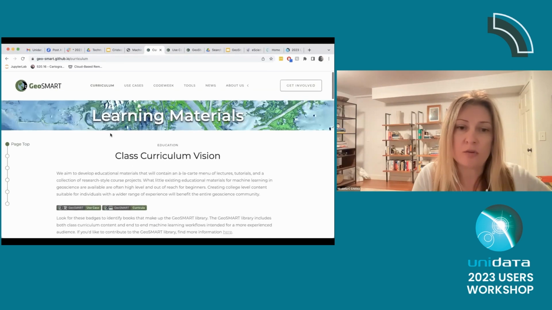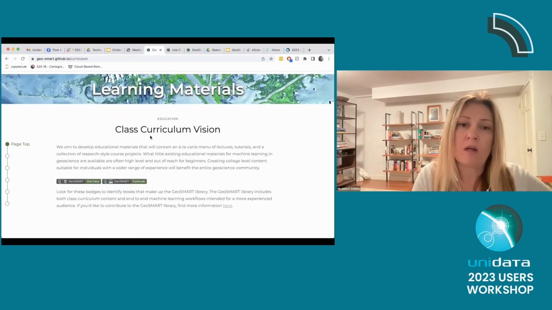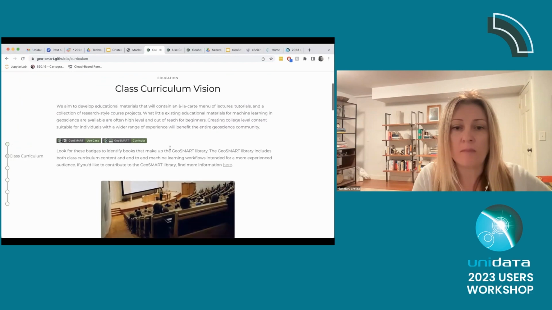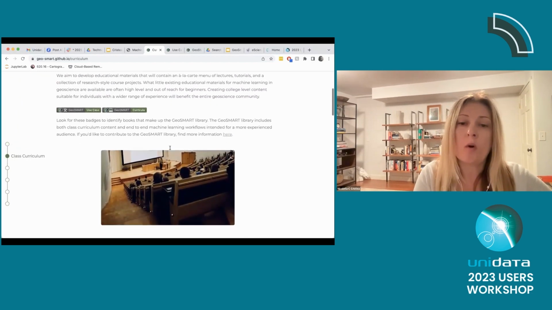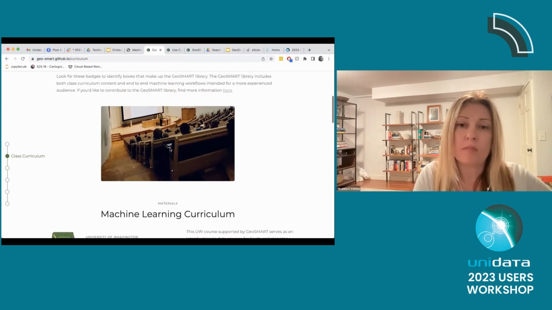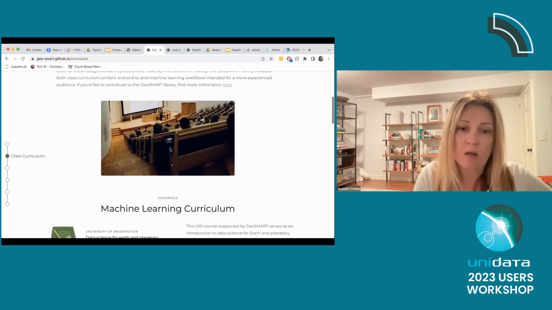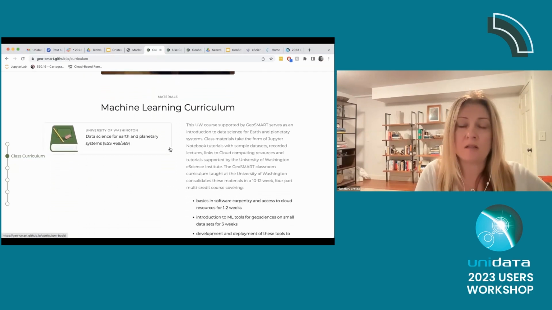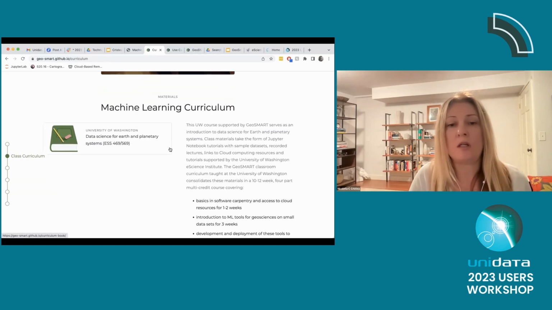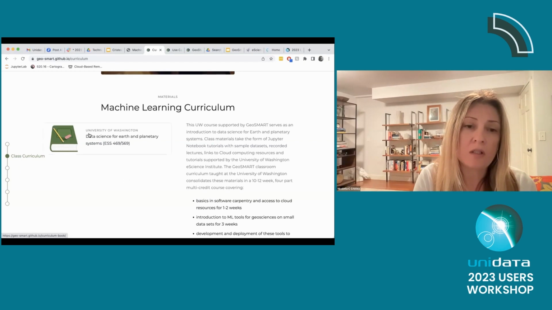And if you click on curriculum, we do have a class curriculum vision, what we think it's needed to provide the basics for applying machine learning and a good understanding of how to use machine learning in the geosciences. As I said, this is at the moment illustrating use cases in seismology, but really the goal is to include other domains. And if we click here on this link,